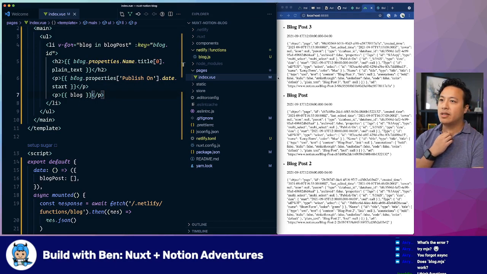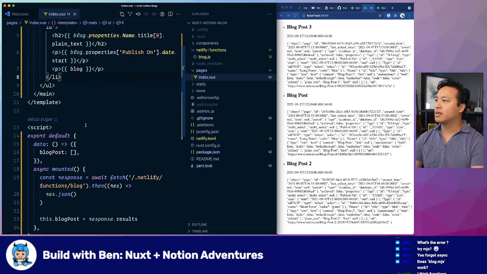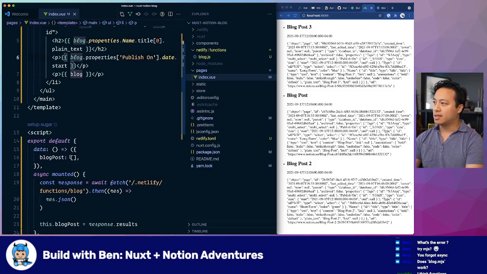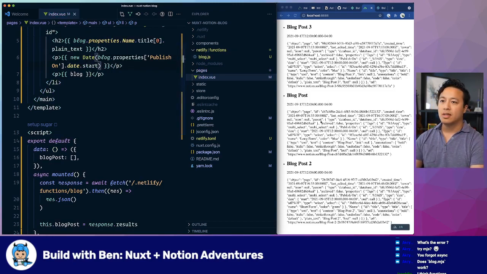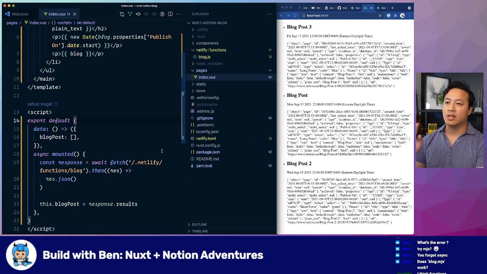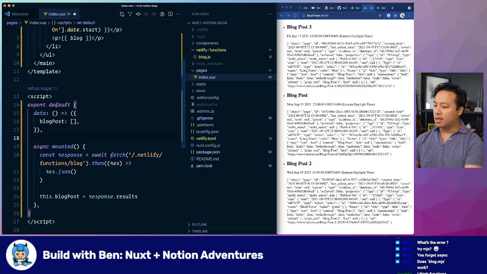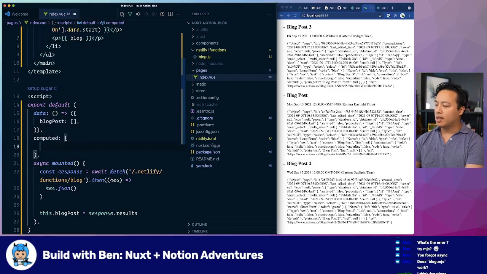Excellent. So again, to show you why Vue is amazing, let's new date this property real quick so that it's a little bit easier to read. If we do that, there you go, Friday, September 17th. But we want to make sure that we sort this via chronological order. Let's say latest, the most recent one, all the way to the oldest. A way we can easily do this is with a computed property here and say most recent